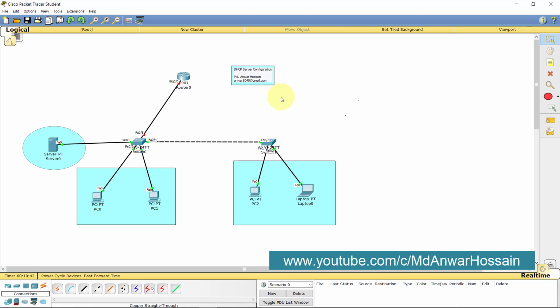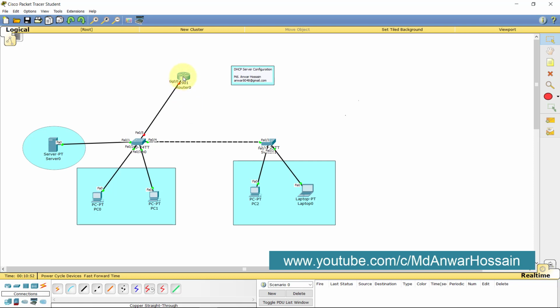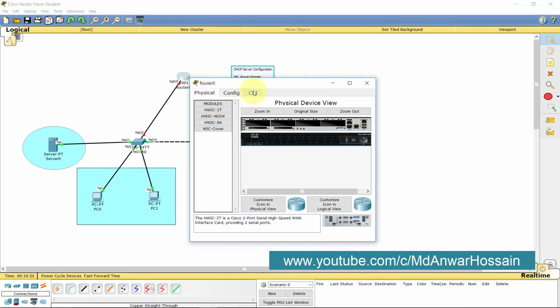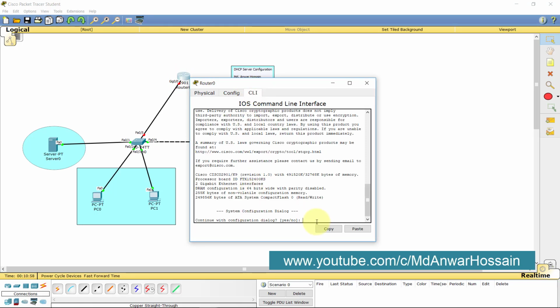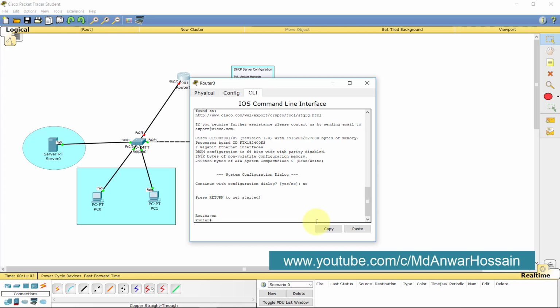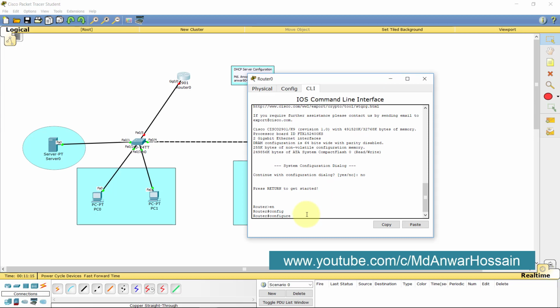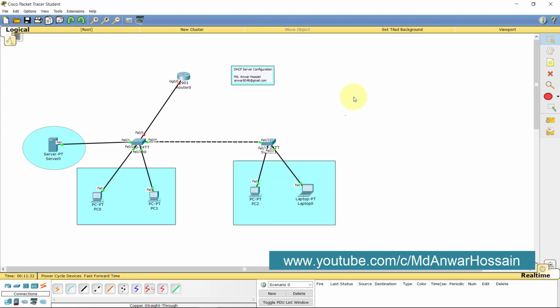Okay, so let's go to the router, and I will show you how to configure a DHCP server in a Cisco router. Let's go to the CLI. User mode, privilege mode. To do the configuration, we need to go to global configuration mode. To go to global configuration mode, put configure terminal. Yes, before that,